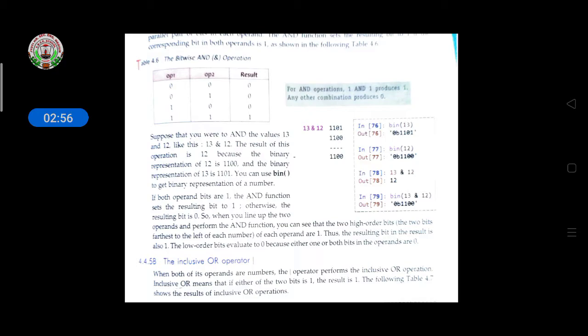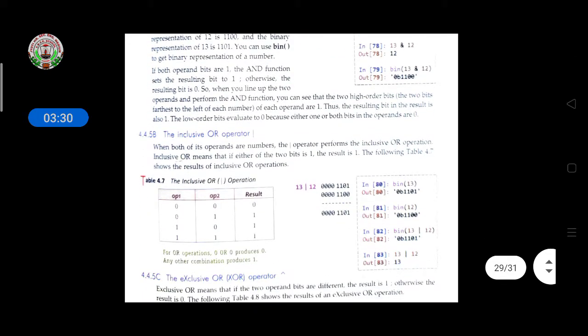Then, if you want the binary representation of a particular number, you have to use the bin function. The bin function means bin followed by the function call brackets. If you want the binary representation of a particular number, you have to use the bin function. In the example given here, 0b1101 is the value of the binary number. Then 0b1100 is given, this is the value of the binary number. Like this it first turns the number into binary digits and then shows the output.